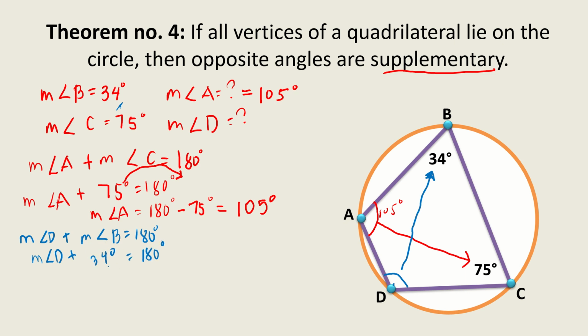Katulad kanina, lipat natin sa kabila si 34. So we have the measure of angle D is equal to 180 degrees minus 34 degrees. So for us to get the measure of angle D, we just need to subtract yung dalawa. So we have, again, 180 degrees minus 34 degrees will give you